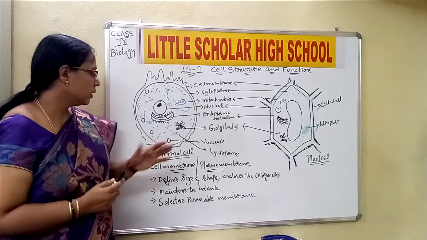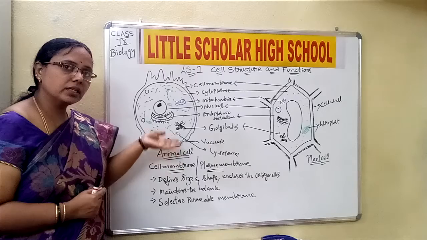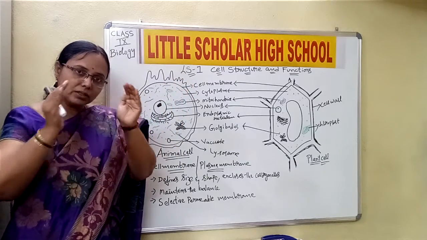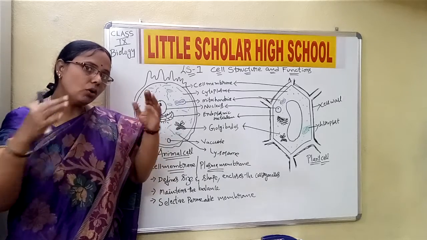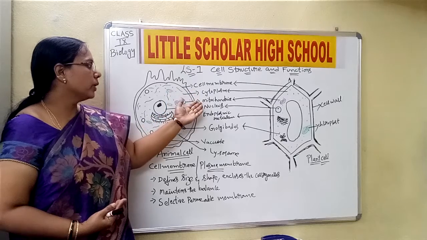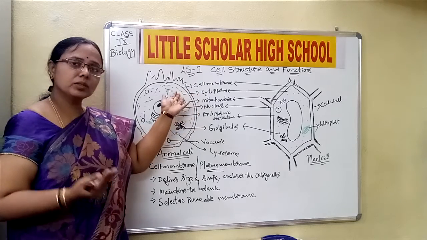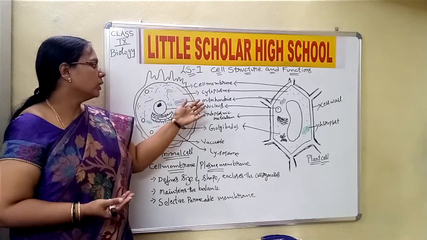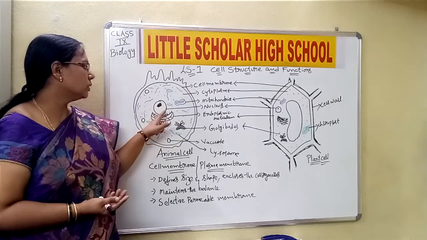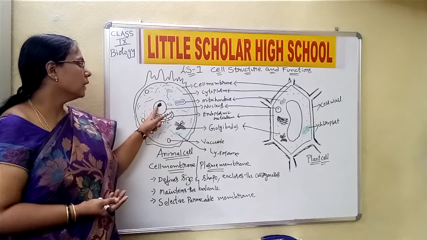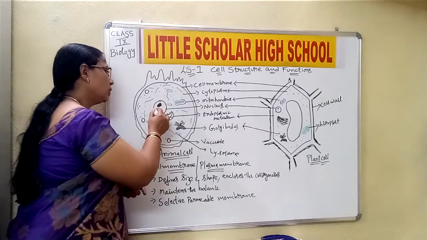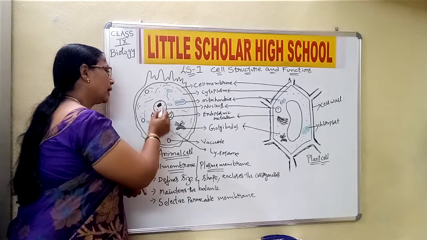Okay, now when we are talking about the animal cell, we said that the outermost layer is the cell membrane, and this cell membrane is the one which is protecting all the cell organelles which are present inside. Like we have cytoplasm, mitochondria. You know the cytoplasm is nothing but the liquid. Mitochondria is the powerhouse of the cell. Nucleus and nucleolus. This is nucleus and nucleolus. The dark portion is called as nucleolus. Even in the nucleus, we have liquid called as nucleoplasm.